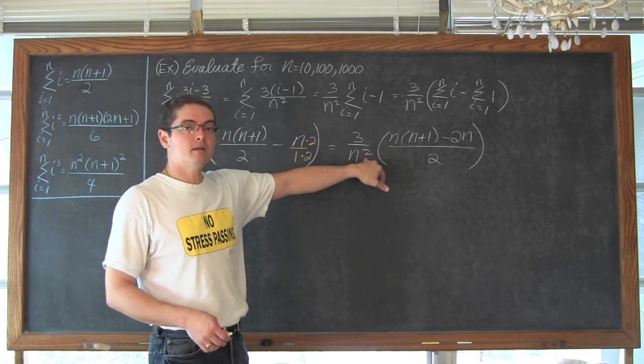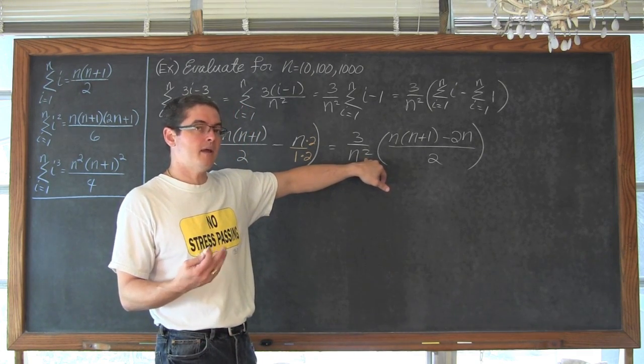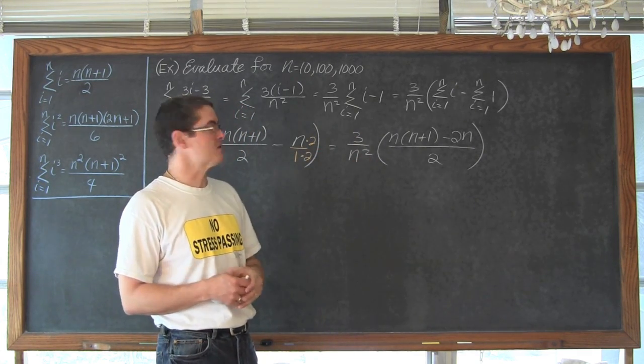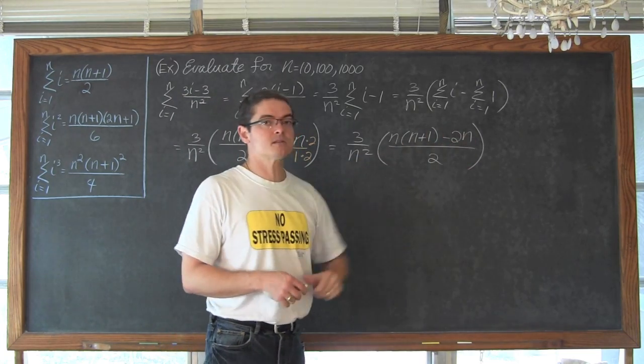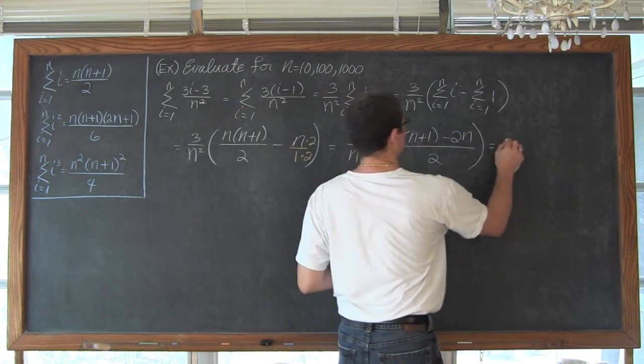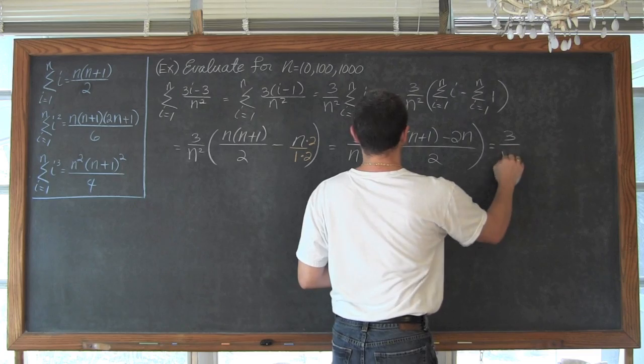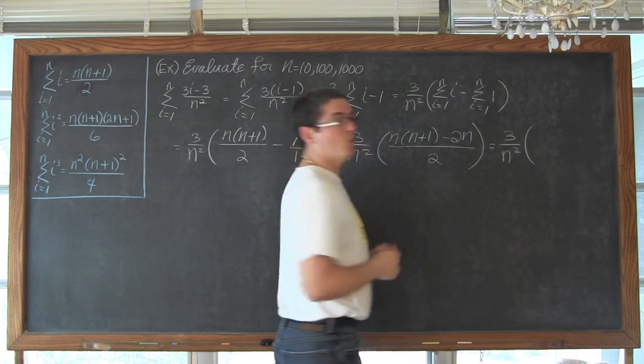And we are multiplying, or dividing actually, by n squared, or multiplying by 3 over n squared. So this n is going to be able to cancel out some of those. So let's write that, just showing you all the steps, maybe too many, unless you're really struggling, then I hope it's helping.